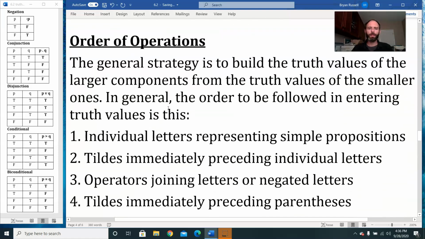Now, the last thing that we need is an order of operations. So when we're calculating the truth value of longer propositions, we need an order of operations. So the general strategy is to build the truth values of the larger components from the truth values of the smaller ones. In general, the order to be followed in entering truth values is this. First, when you're given a long proposition, enter the truth values for the individual statement variables. So the capital letters will be given a key, and we enter the truth value that the key gives us